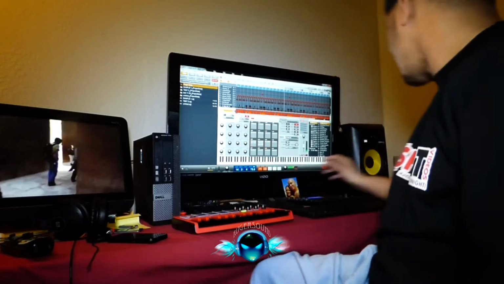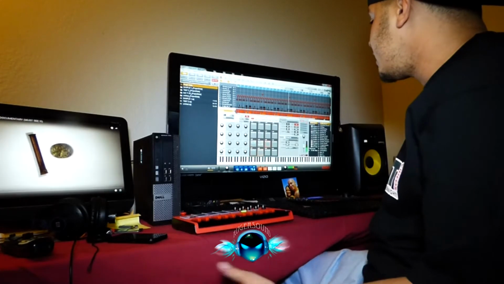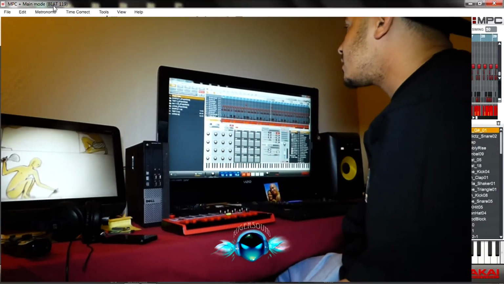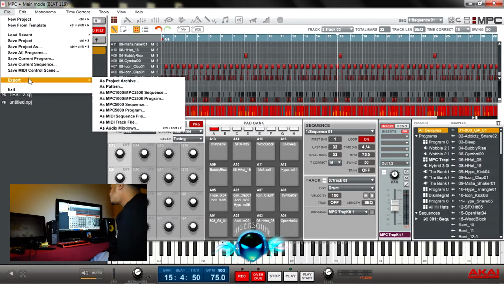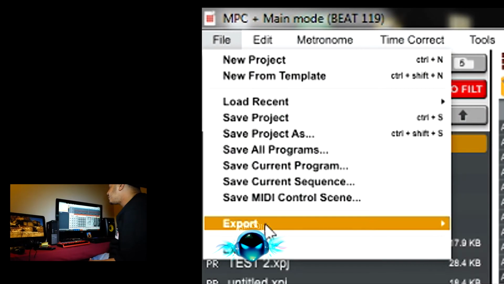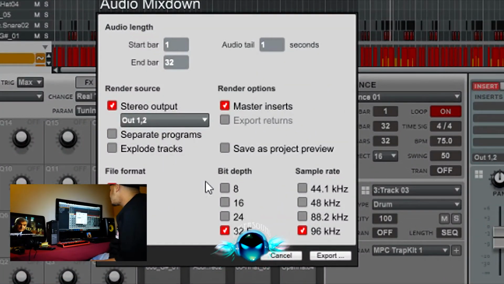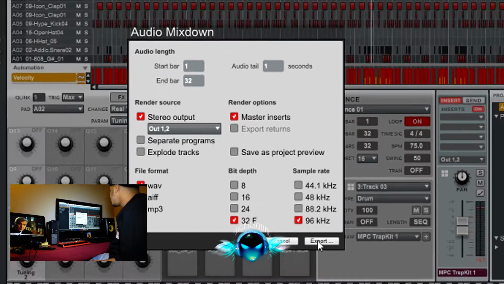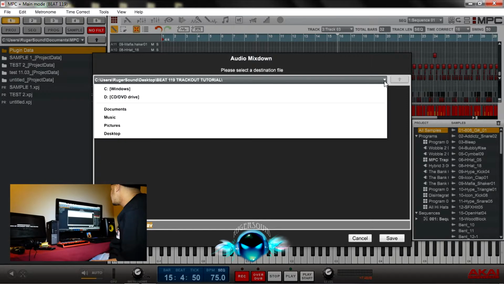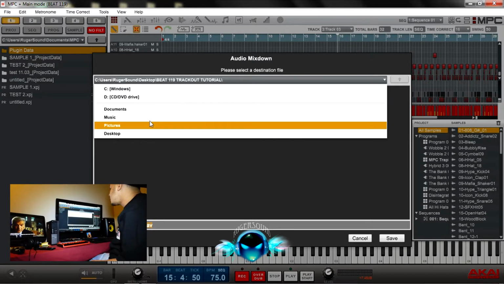So let's get started. Okay, so I have a song here. You know, when your song's ready, somebody paid for the song, they want the song. So the first thing I always do is export a reference track. So you go File, Export, export as audio mixdown, and export is going to ask you where you want it. So what we're going to do is go to the desktop